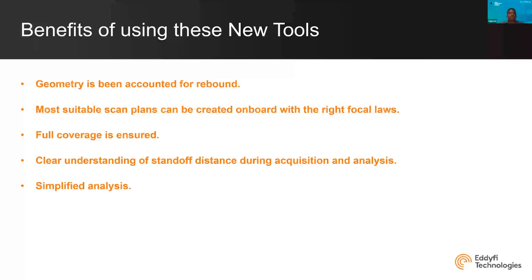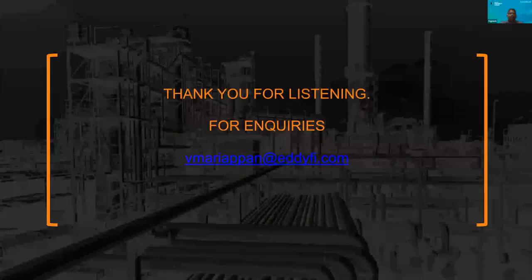And the operator, whether skilled and experienced or not so skilled and not so experienced, can arrive at the same conclusion. All right. So basically, these are the benefits that come with this particular tool, with this software